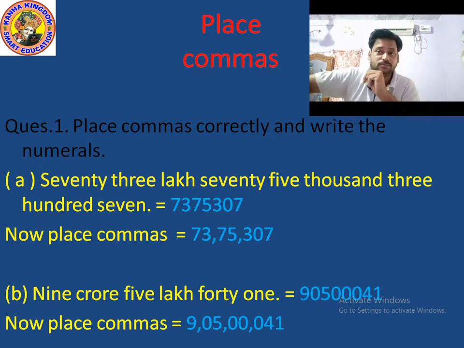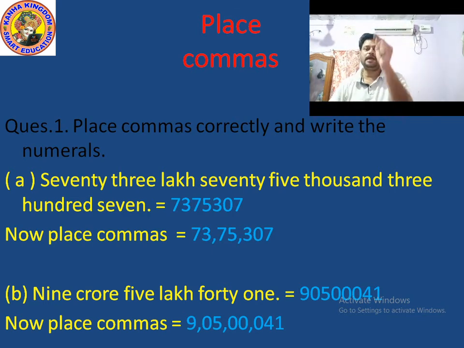2 place values. So which number is in the lakhs period? 73. How can we write 73? 7 and 3, 73. To write 7 and 3, then a comma, because only 2 digits come in the lakhs period. Okay, so 73, comma,